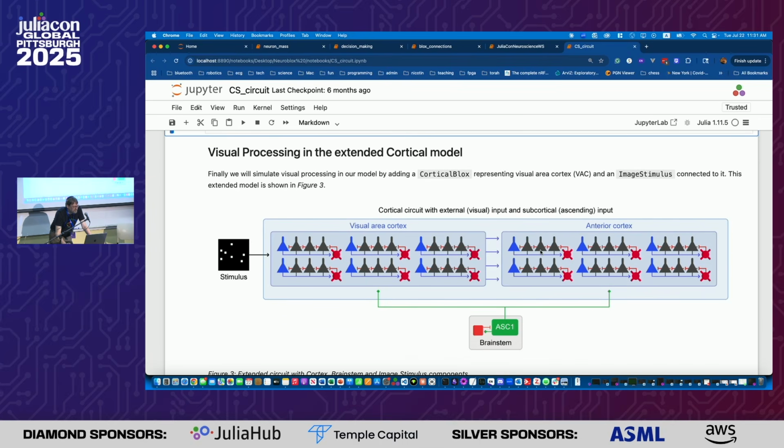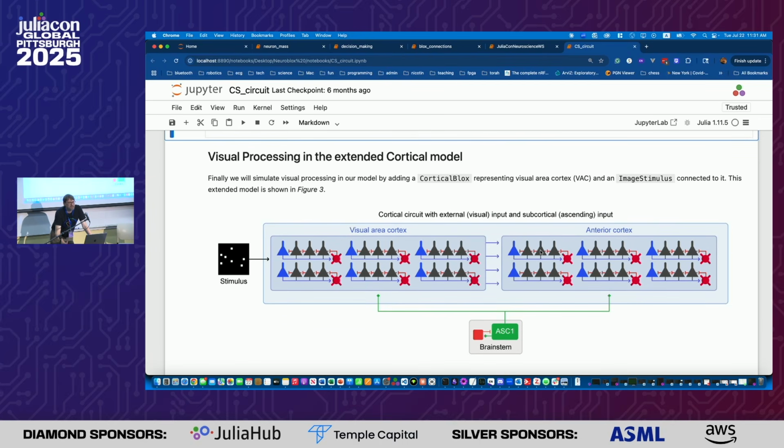And now what we want to do is give it a stimulus, right? So we want to actually add some pictures to it. The way we did this is we don't really have a visual cortex like what would be in a human, but we essentially took a cortical region. We took it as a visual cortex. The stimulus goes into the visual cortex, which is just a superficial